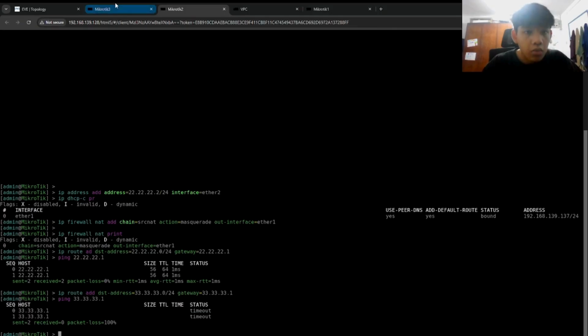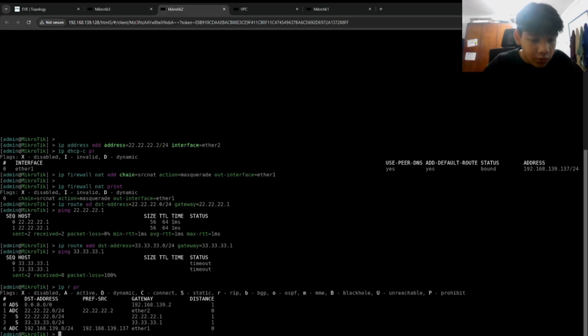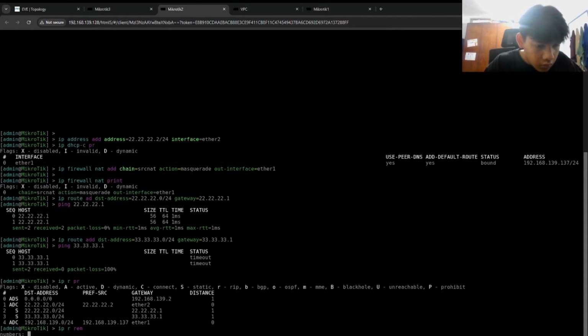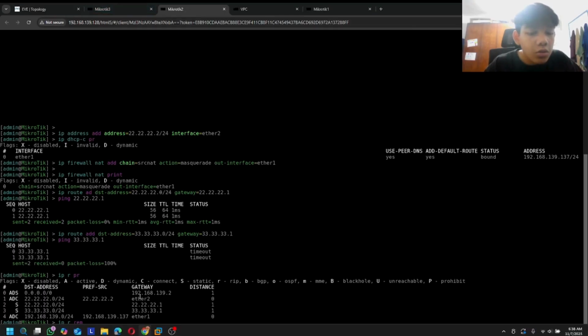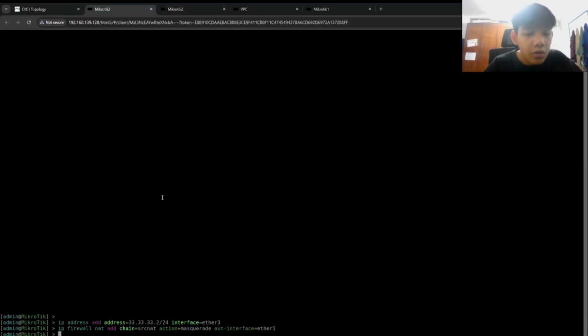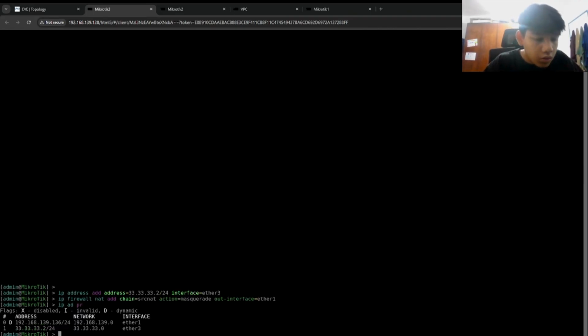Oh, I think it's something wrong. Oh, I'm wrong. You just don't need to. I want to move first to number 3, because we don't need to add the IP in here, because the IP is in here, not in the MikroTik too. So yep, I guess IP route add destination address